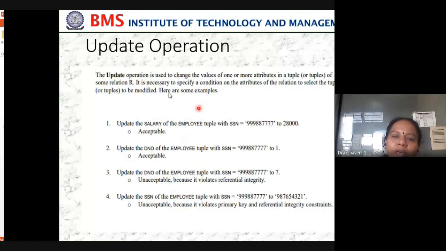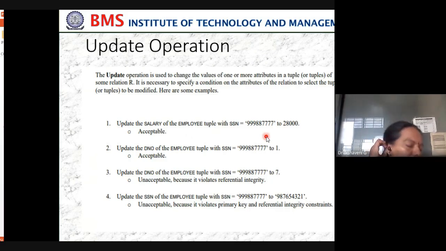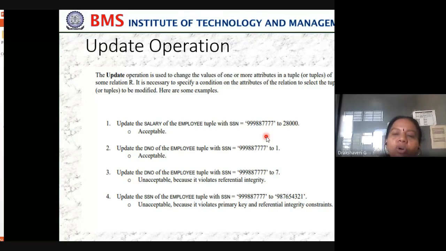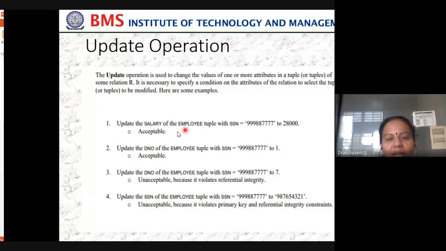Then the update operation. Today, suppose the DBMS first internal got over and you got 48 out of 50. Maybe in counting we would have made a mistake, and tomorrow, instead of 48, I have to enter 49. Then I use an update operation. In the DBMS, we use an update operation. Even there, we have to take care what update operations we do.